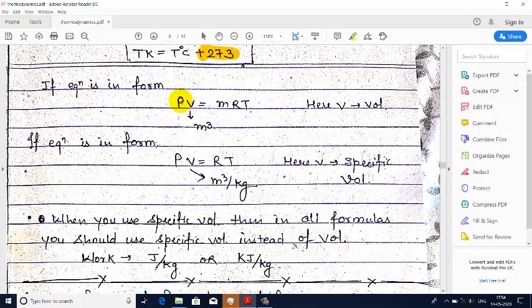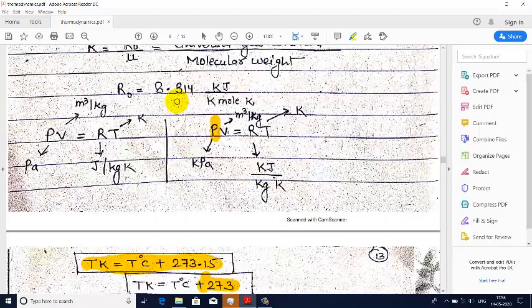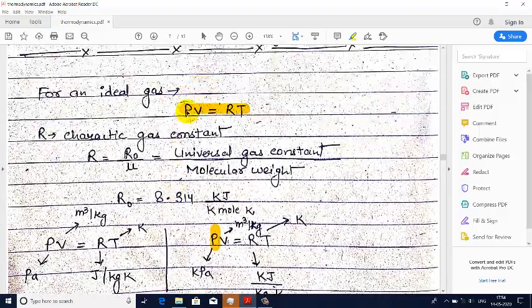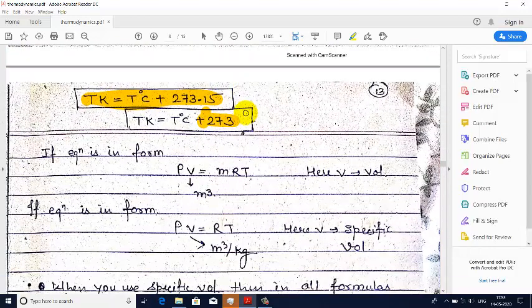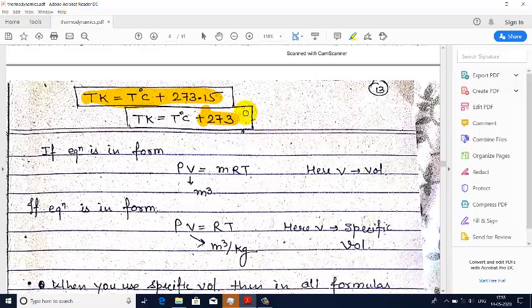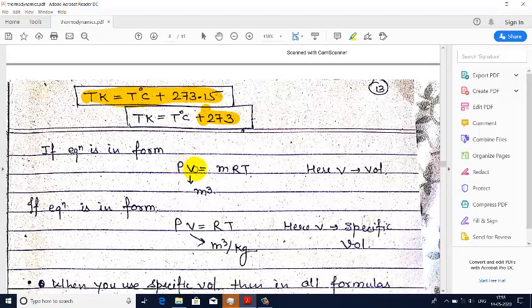So here I have written the gas equation as PV is equal to RT. But in many books you may have seen that this equation is written as PV is equal to nRT or PV is equals to mRT sometimes. Okay,